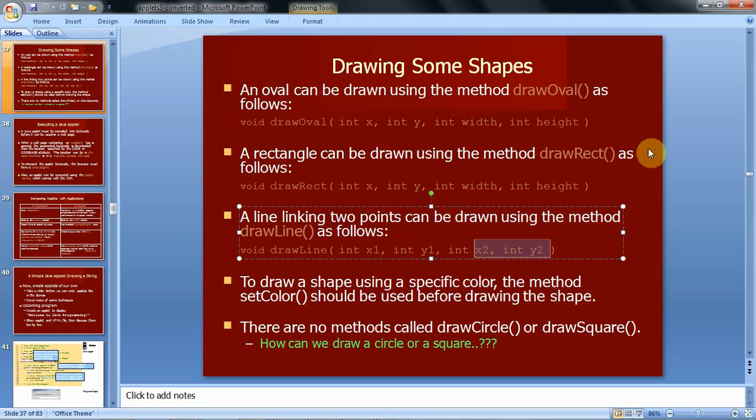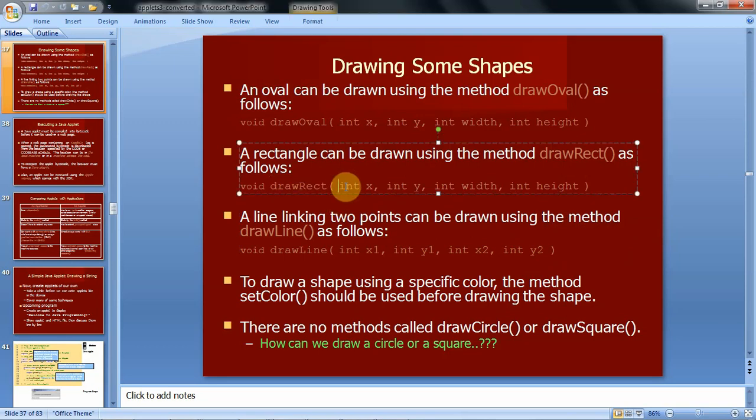So that means to draw a line from this point to this point, the starting point is x1, y1, the ending point is x2, y2. So 4 parameters we need to give for drawLine. Like that, for drawing a rectangle we have the drawRect method.